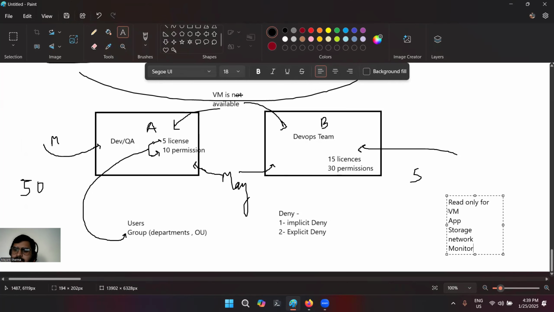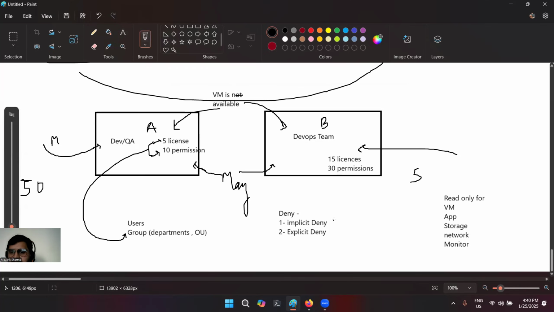So by default, I have created a policy and attached it to a group so that we only get read only access for these four things. This is basically the definition of implicit deny: I am not mentioning that a user doesn't have access or is not able to access a certain service.